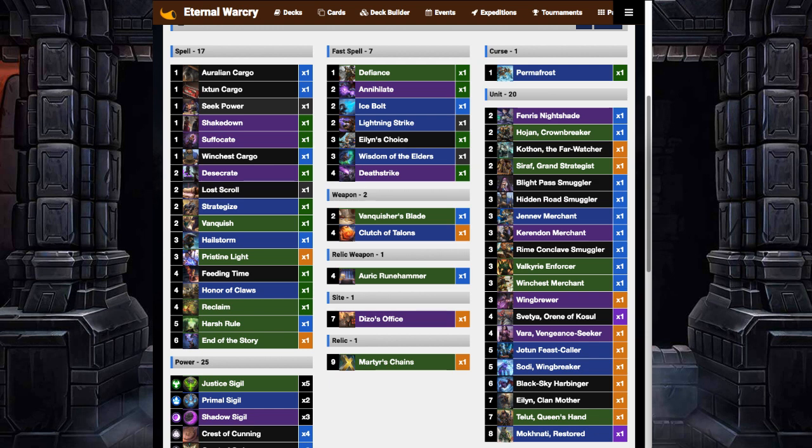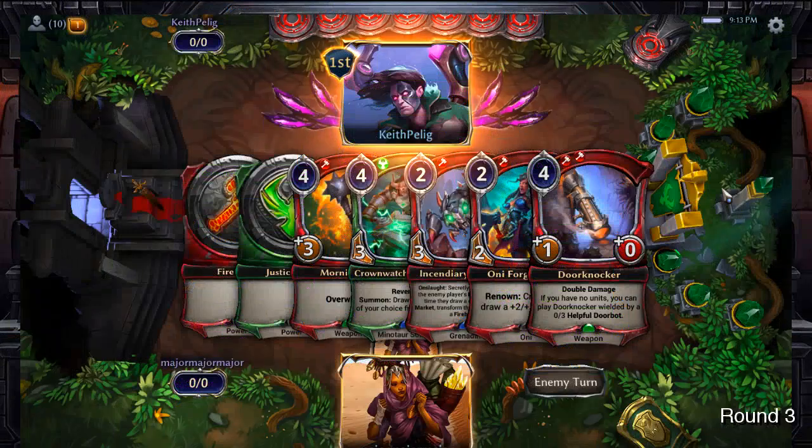So you've got lots of removal. I mean, not that you need to see the deck list. We saw pretty much all the removal spells there in that game. Lots of removal spells, lots of smugglers to be able to go get it. And then we see the powerful high-end: Vara, Feast Caller, Sodi, Black Sky Harbinger, Island Clan Mother, Tell It, which we saw in an earlier game, and Maknadi Restored. All right, let's head on down. All right, here we see...